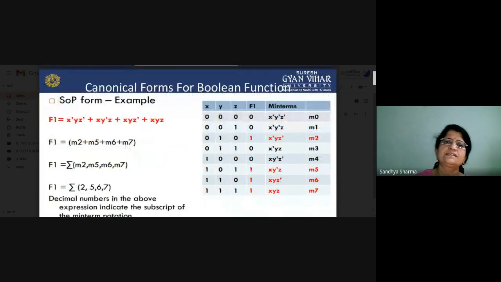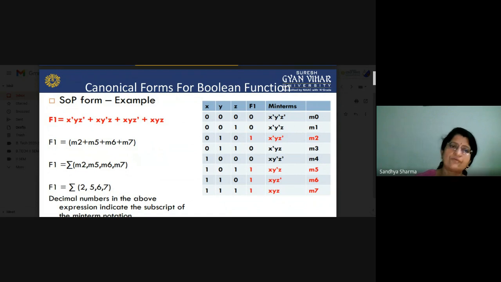First, we will see the basic introductory part of Boolean expressions. Before starting the K-map, we will see sum of products and product of sums. Here f1 is a function of three variables: x, y and z, and you are given the expression x' y z' + x y' z + x y z' + x y z. Here z' is also called the complement of z, and likewise the complement of x, so you can write it in both forms.